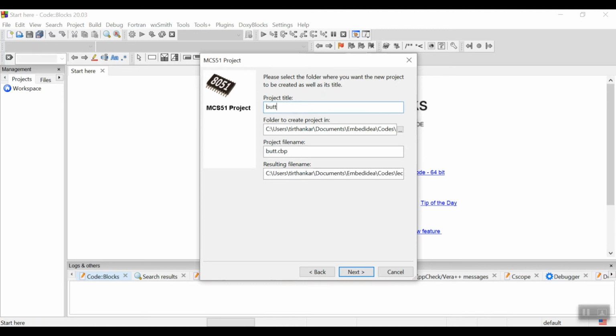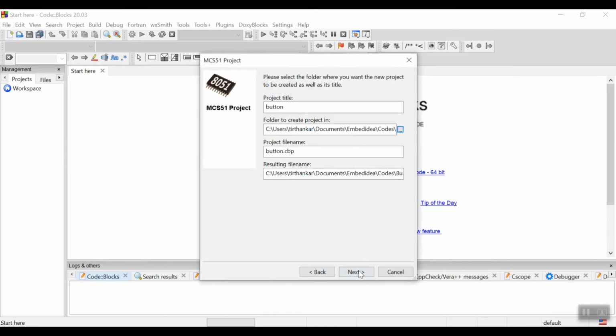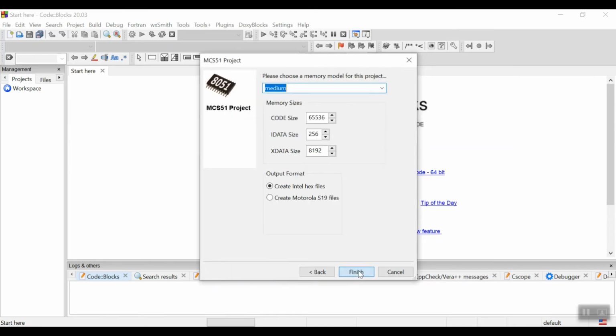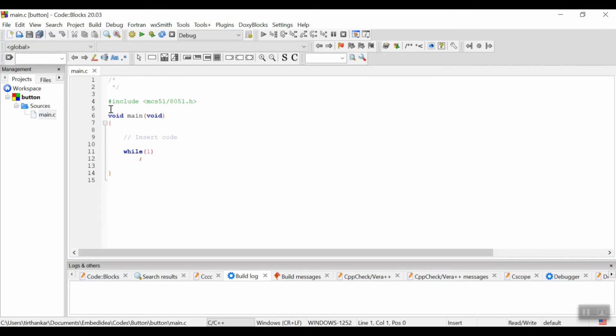This will be button, and I have already created a button folder. This is the button folder. Let's select the folder, press next, then next, then next. The C file is created.